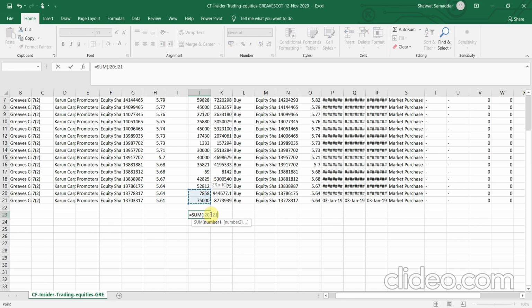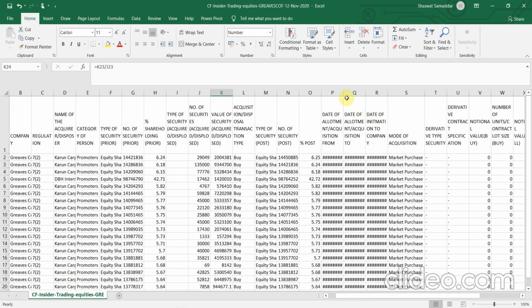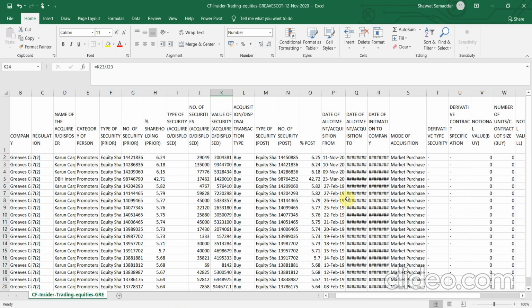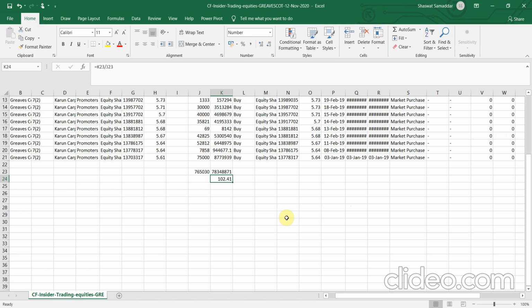I'll drag it down to the value of security, and let's divide it by the total number of security and boil it down to two decimal places: 102.41. Now again we have to check the significance of the date of allotment. It is very vital information to see what price movements there have been after the allotment date. It is crucial before making a position, and of course we have to check the liquidity risk. I have also explained in the playlist, Trading on Insider Information, how to calculate the average volume and what volume is optimum for making a trade.